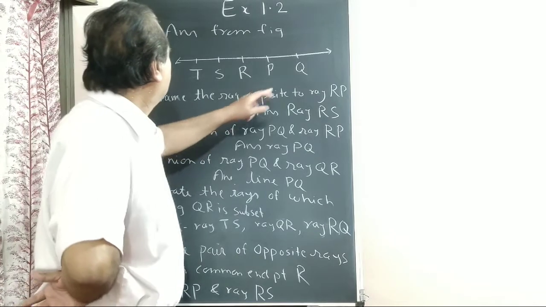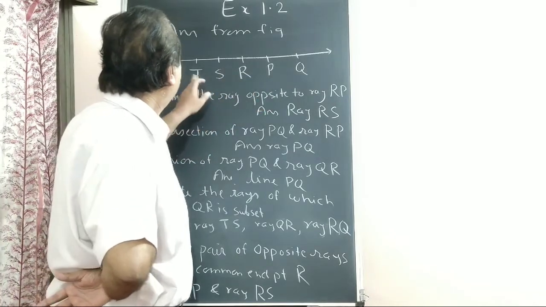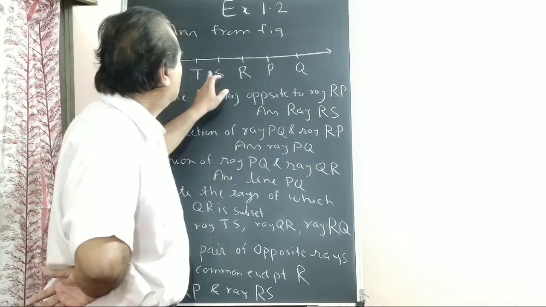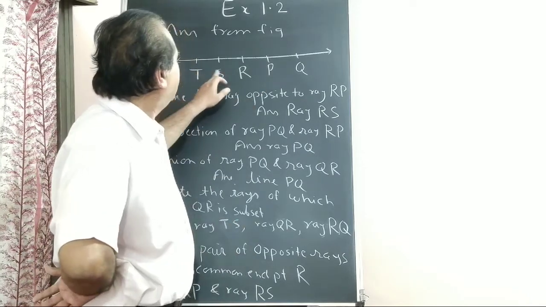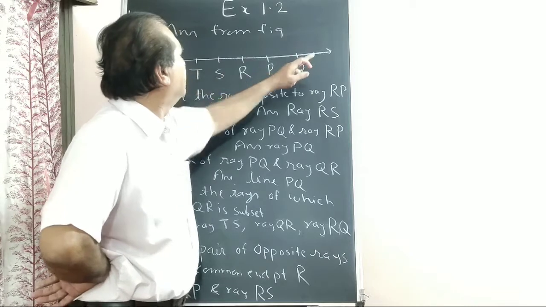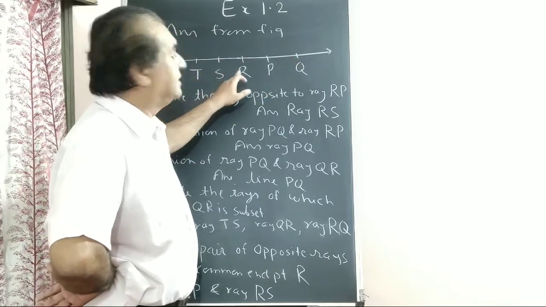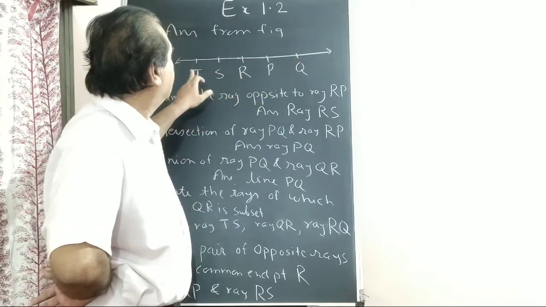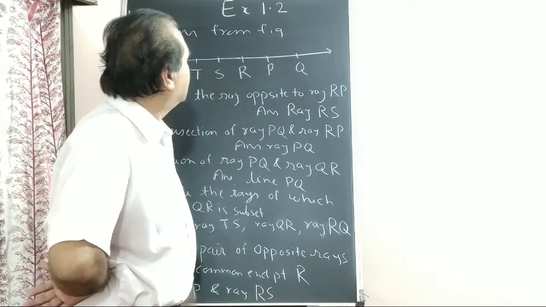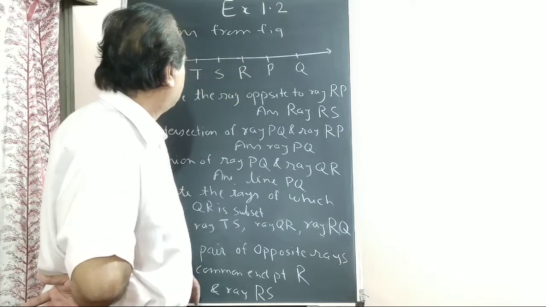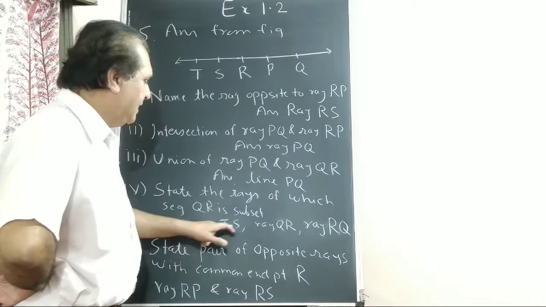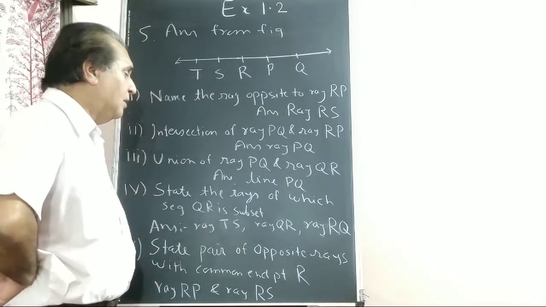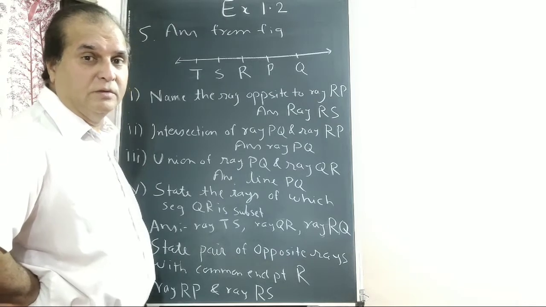Segment QR is a subset of ray QT or ray PT or ray TQ. Whatever, they are the same. Just if named, ray TS and ray TR are the same, because up to the end, the second point is just for direction. Ray TP and ray TQ are the same. Of so many, it is just a name change; you can write any 2-3 names. Ray TS, ray TQR and ray RQ.